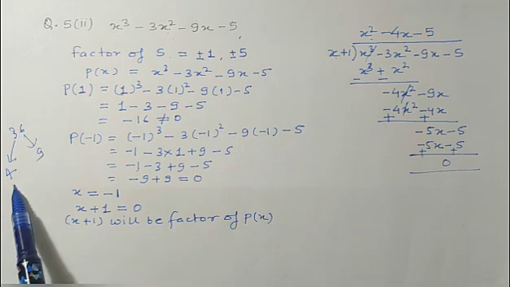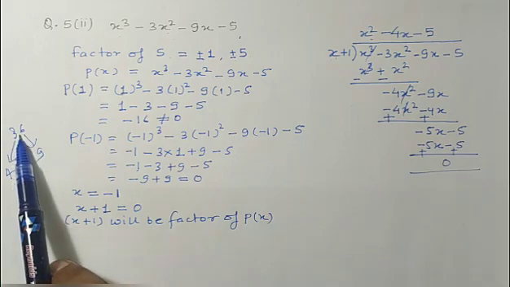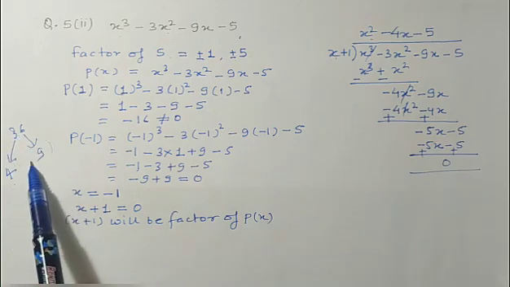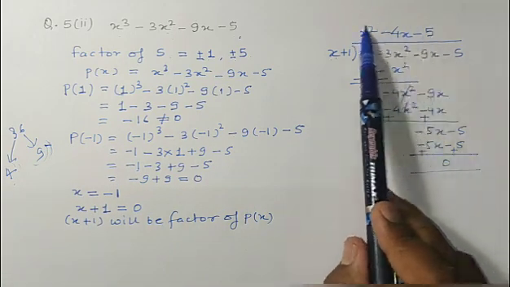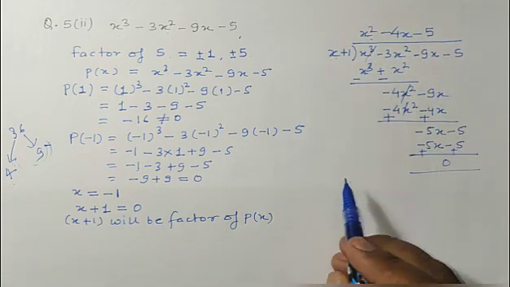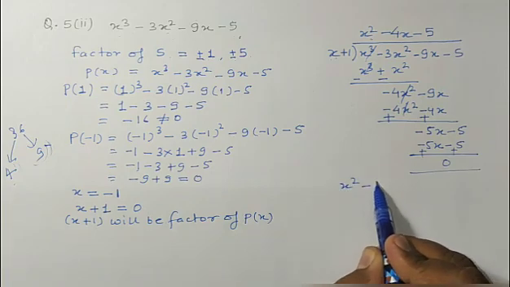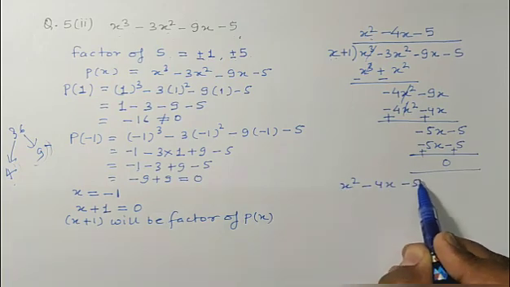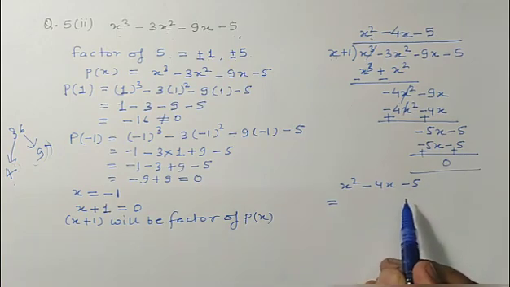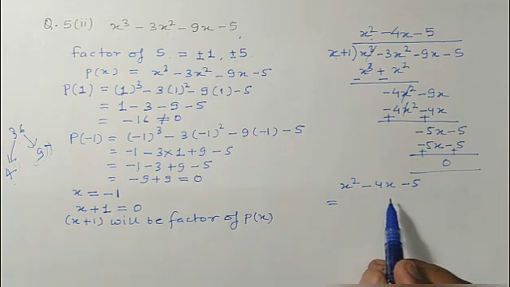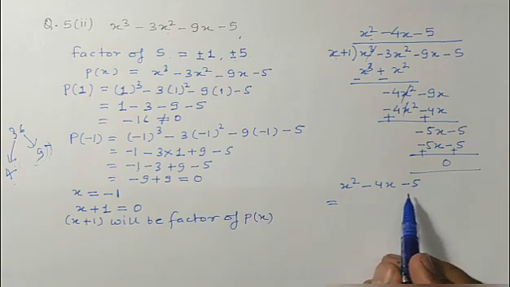Okay, so just like there 36 was the number and one factor we had was 4, and we wanted to find the other factor, so we divided 36 by 4. So what was the other factor? The quotient. So here also the other factor should be the quotient, that means x square minus 4x minus 5 will be the other factor. But it is a quadratic polynomial, so it can also be factorized.